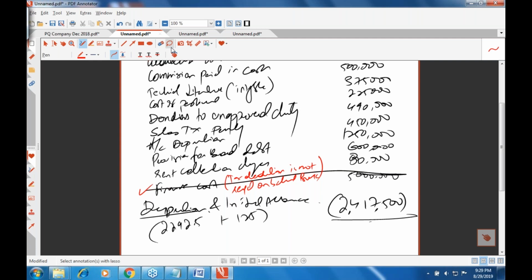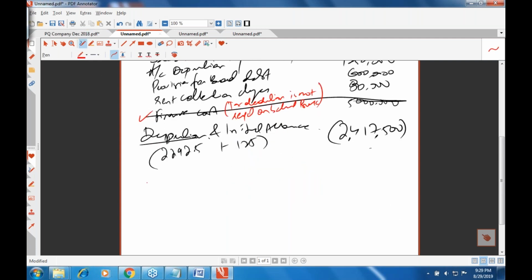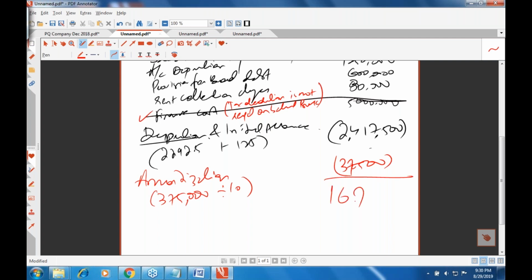Okay, we also need to claim one more deduction, and that is basically the amortization. Now, what amortization? We said that the technical literature was basically an intangible, so you need to deduct the amortization on it. So there is going to be a 37,500 amortization on it also. So it would turn out to be